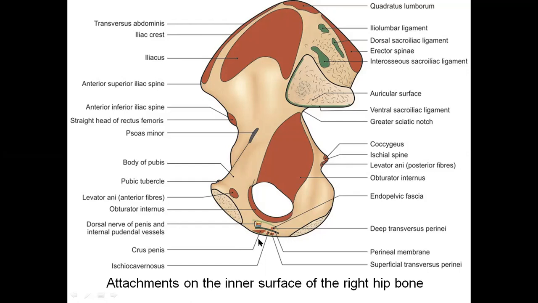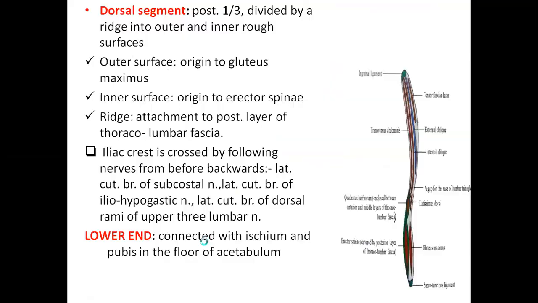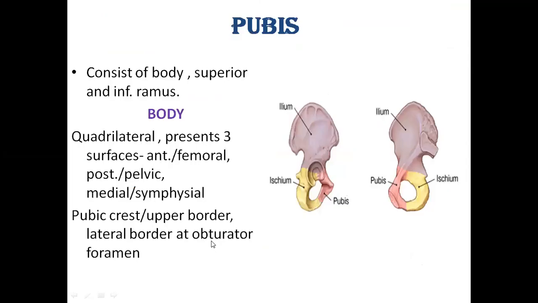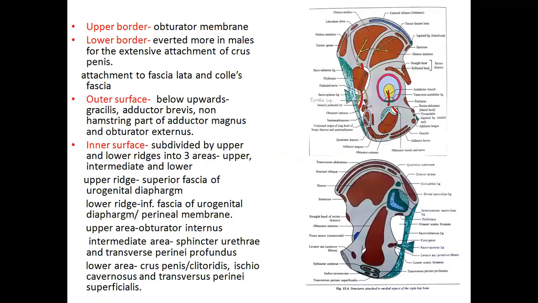Below the perineal membrane, you are finding the attachment of certain structures like crus penis in case of males, ischiocavernosus and superficial transversus perineal muscles. So ischiocavernosus, superficial and deep transversus perineal we find in both males and females. Crus penis is found only in males. That's the reason you have to learn the labelings thoroughly. If you learn the labelings thoroughly, you will be able to produce the answer in your own words.